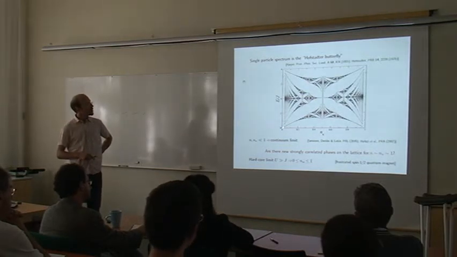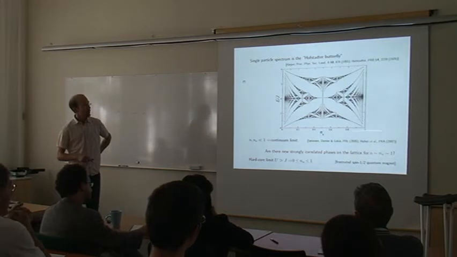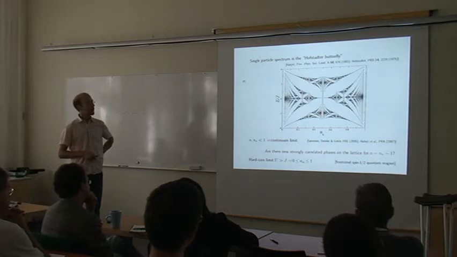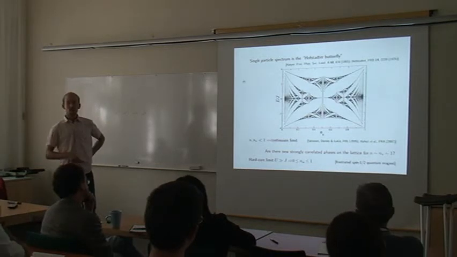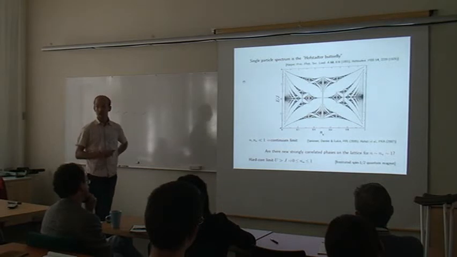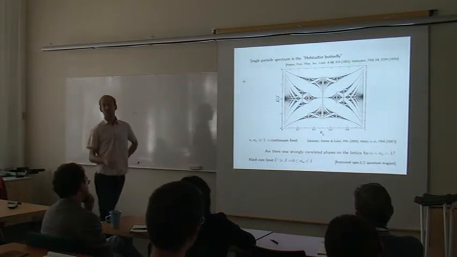So what do we have here? First of all, this is the vortex density. The whole figure is symmetric about vortex density 1/2, so that's 1/2 flux quantum per plaquette of the lattice. This is for the case of the square lattice, of course.